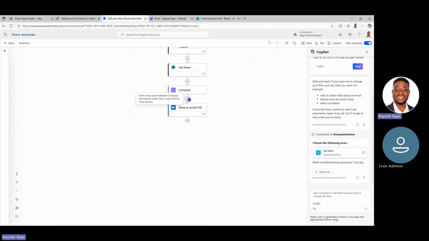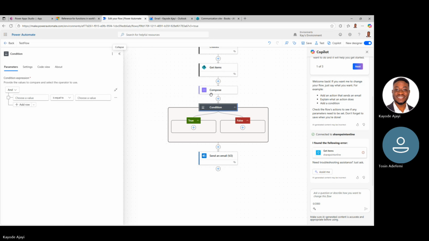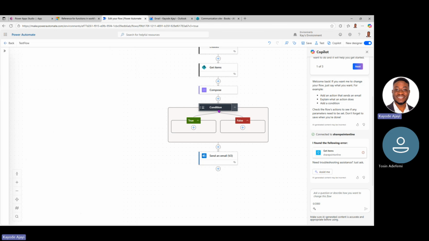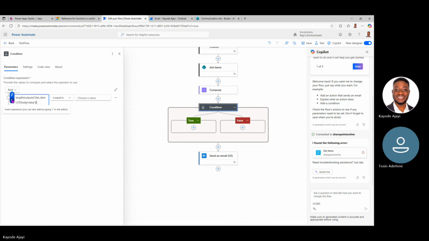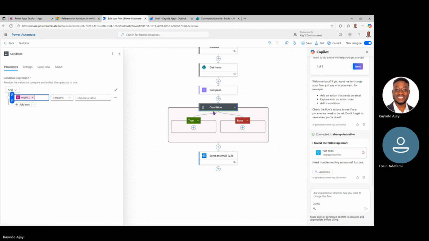So we can now have a condition here that says if the length of, then we can come to dynamic content, body value, right? If that length is, what we can say, greater than 0. So let's say if it is greater than 0,